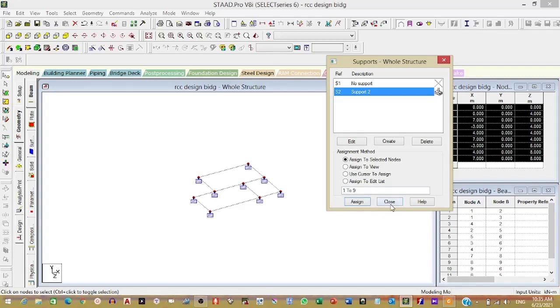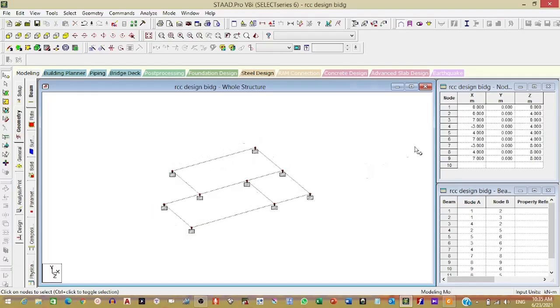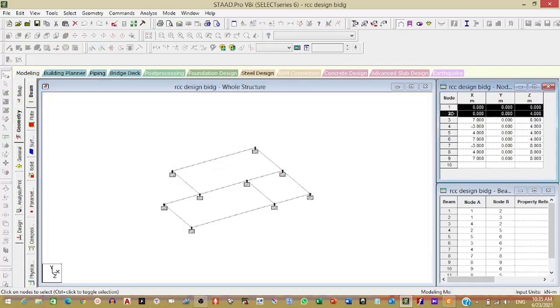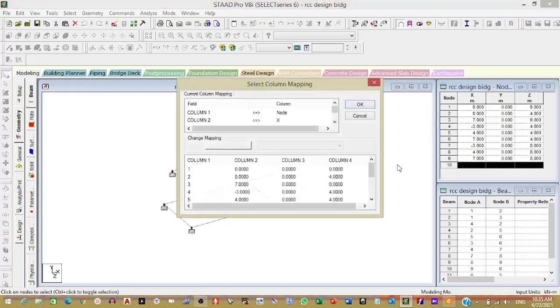But before that we'll add one story, so for that you need to do such a process. Column 1, column 2, column 3.